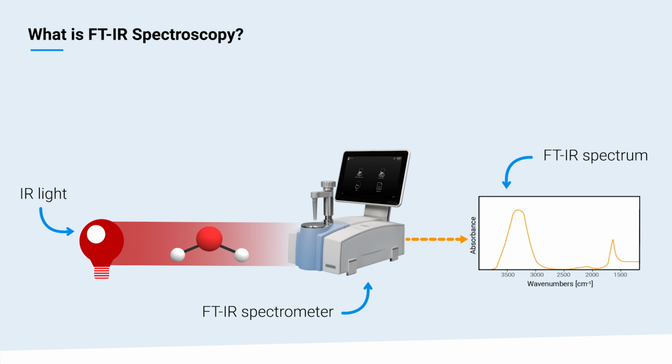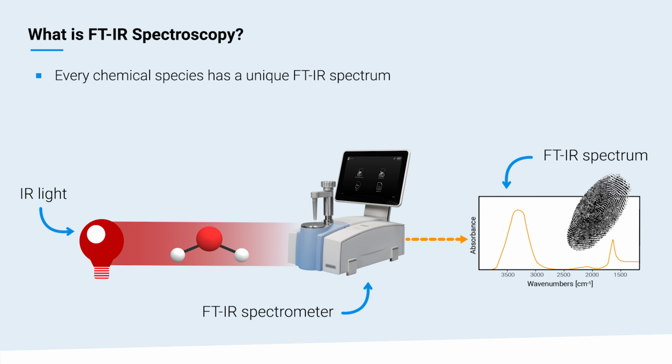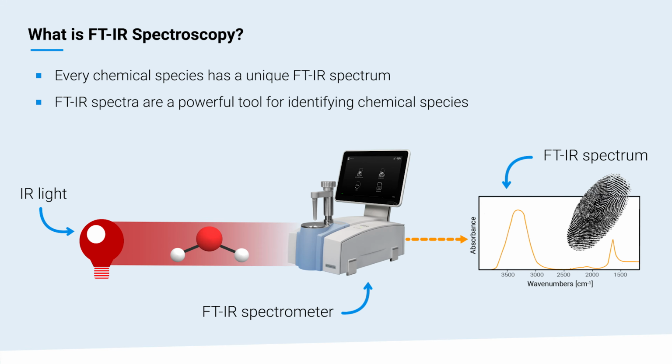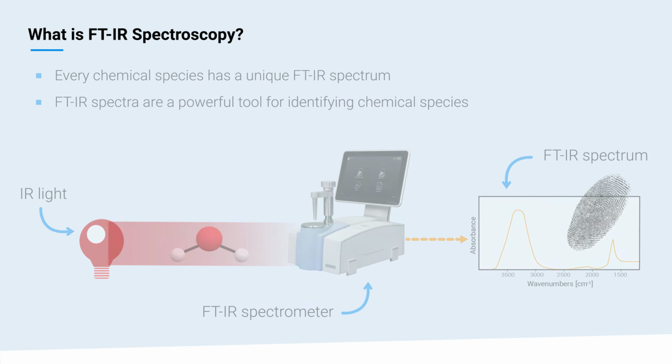Every chemical species interacts with IR light in a unique way, so each FTIR spectrum that results is unique. That makes the FTIR spectrum kind of like a fingerprint for each chemical species. Just like fingerprints can be a powerful tool for identifying people, the FTIR spectra are a powerful tool for identifying molecules and compounds. Now, on a more practical level, there's three basic ways we can do these FTIR measurements: transmission,